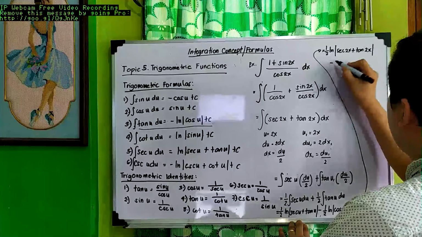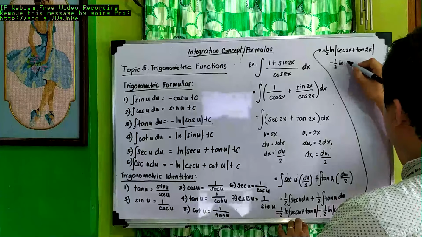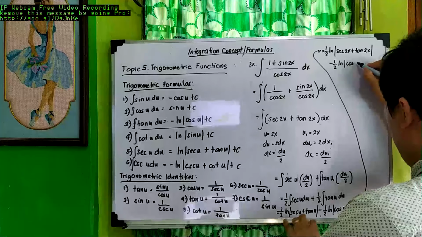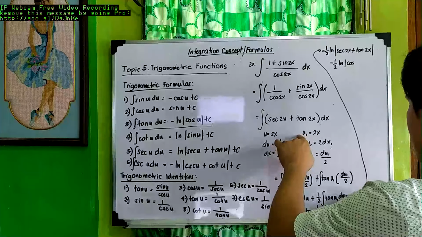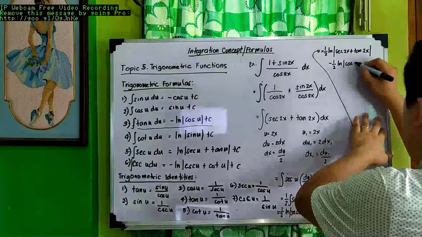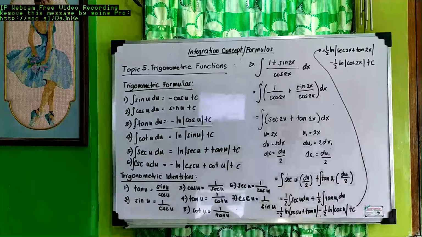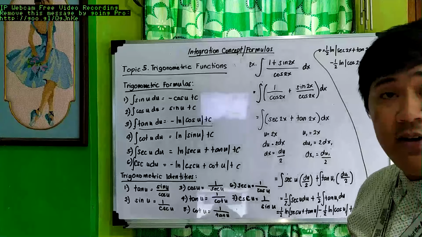So we have minus 1/2 ln cosine. Your u sub 1 here, that is 2x, plus c. So you could have this answer,